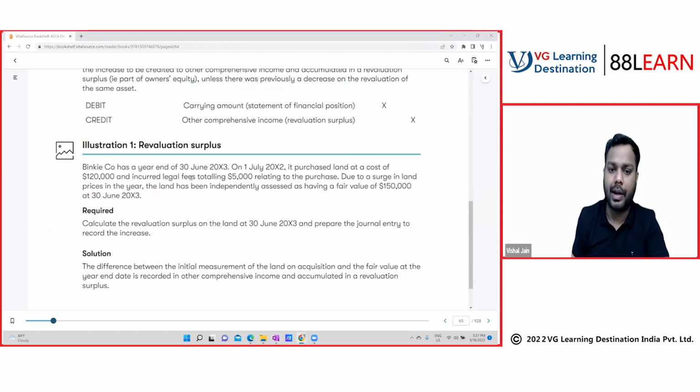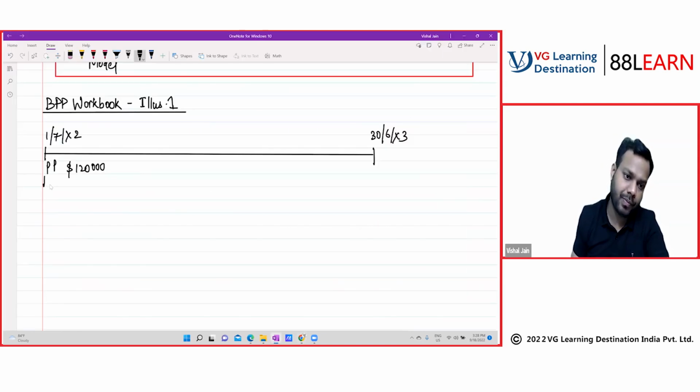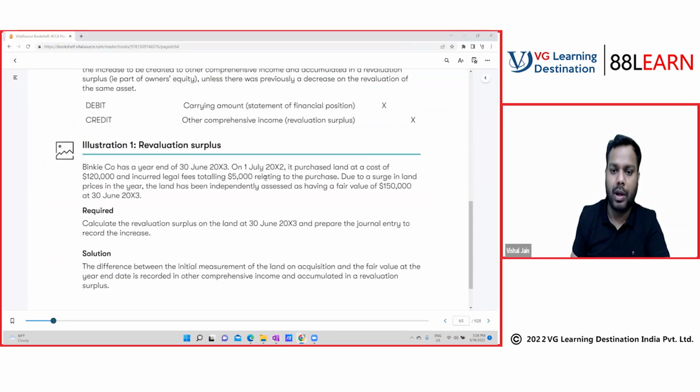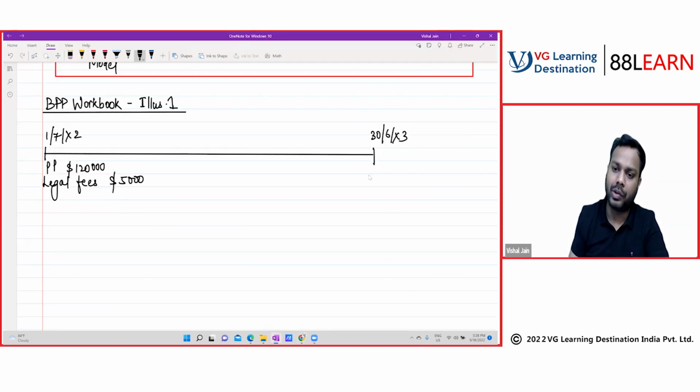$120,000 and incurred legal fees totaling $5,000. Now, relating to the purchase, due to a surge in the land price in the year, the land has been independently assessed as having a fair value of $150,000. So it says the fair value here